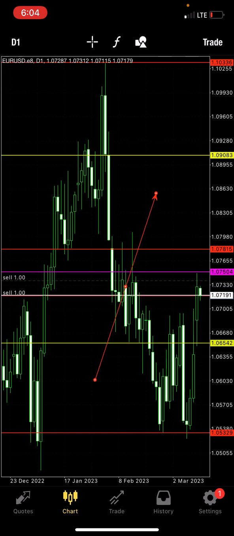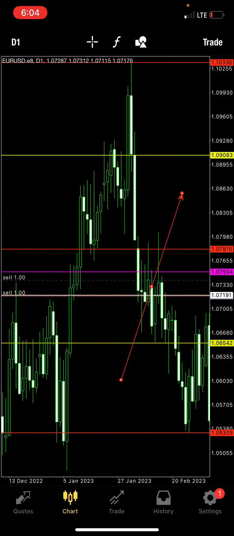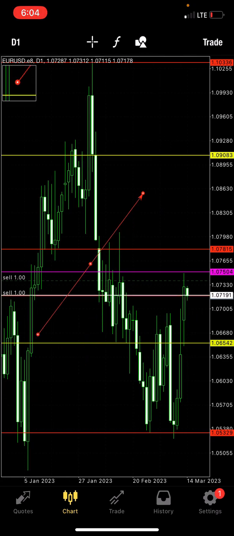So now, there's no reason to really look this far over here. We're just going to keep it to what's on the screen right here. We can see how this candle took this candle's high, and what did it do after it took the liquidity? It went down. So then from there, we have a peak,